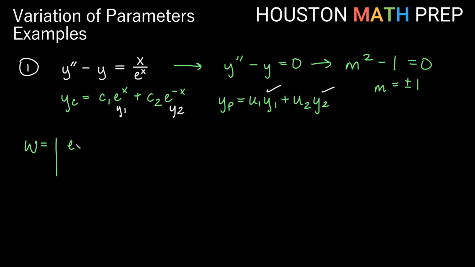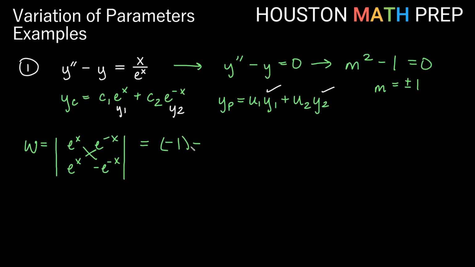so we'll go ahead and find our first Wronskian, which is just simply the first row having our y1 and y2, so e to the x and e to the negative x. The derivatives of these functions in the second row, so we'll have e to the x here as well, and then the derivative of e to the negative x will actually be negative e to the negative x. If we go ahead and do our 2 by 2 determinant, multiplying and subtracting our diagonals, our first diagonal, e to the x times negative e to the negative x, that would give us negative, and if we add the exponents, it would be e to the 0, which is 1, so we get negative 1 for the diagonal here,